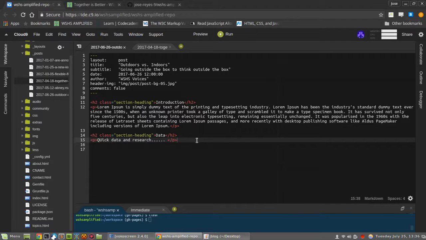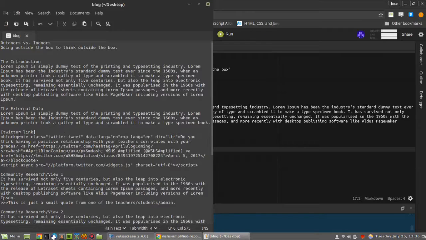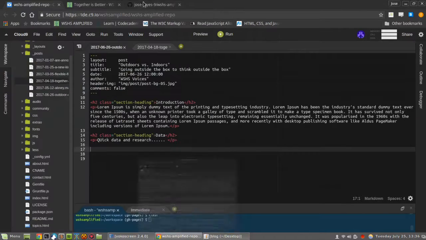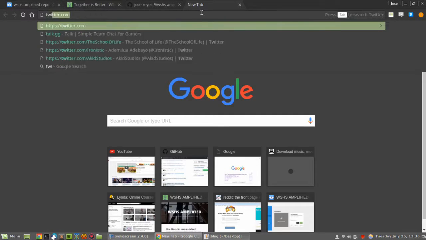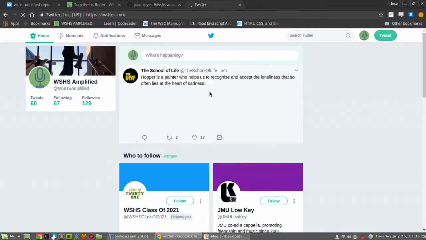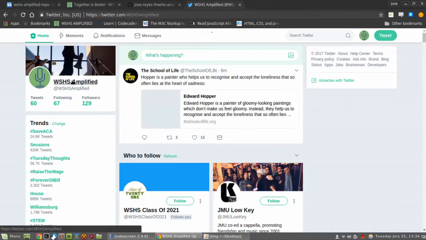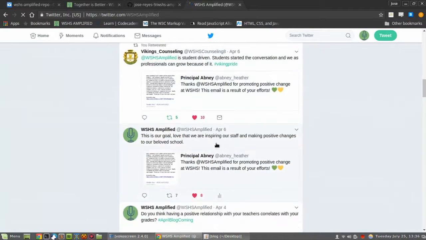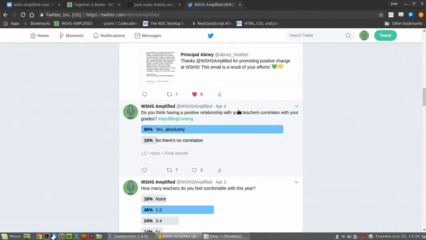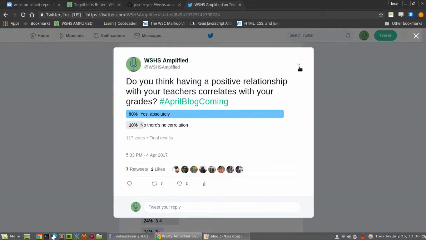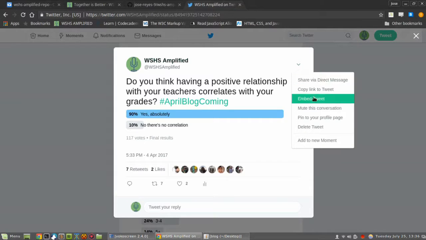the data. Now let's say we want to include a Twitter poll. I already have the code for it, but I'll show you quickly how to get the code. All you have to do is go over to Twitter, go to the poll that you want to insert, and click on it. When it pops up, all you're going to do is hit this little drop down arrow, click on embed tweet,